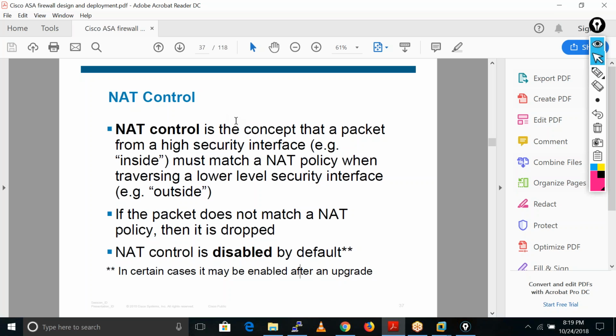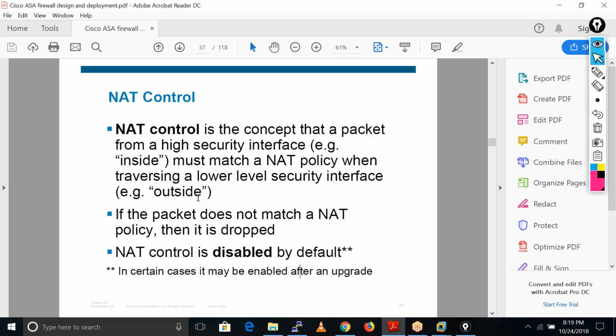Nat-control is the concept that a packet from a high security interface, that is inside, must match a NAT policy when traversing to a lower security interface, meaning outside.